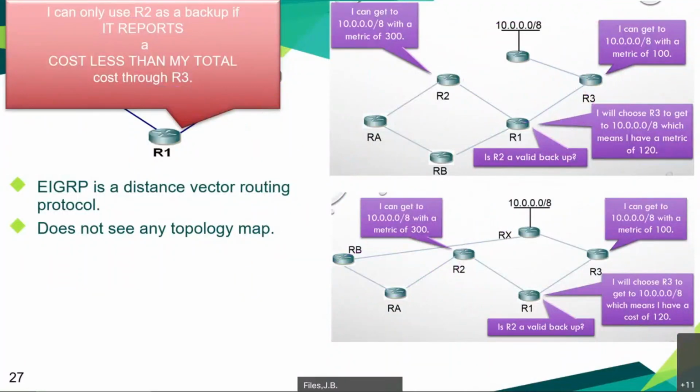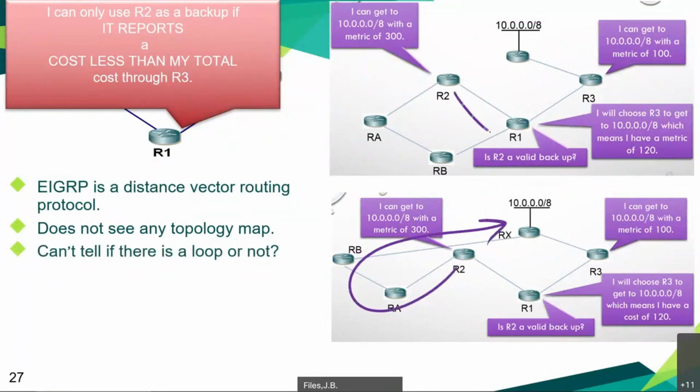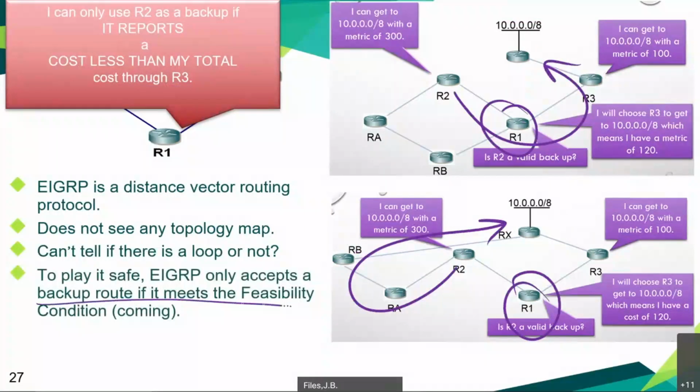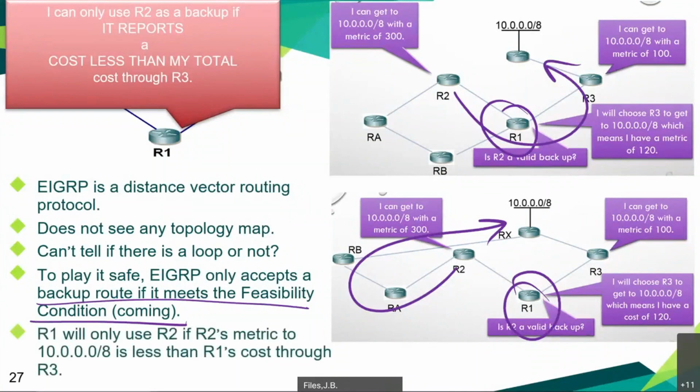Okay. So because we cannot see the entire map, we have to say, okay, we can't tell if the backup route is a loop or not, right? Is it this or is it this? R1 can't tell. So in order to play it safe, we only accept a backup route if it meets the feasibility condition, which I just explained. And I explained it before we got to it in the slides, because I like using those lines, the length of the lines, to kind of illustrate how it works. Okay. So R1 will only use R2 as a backup if R2's metric is less